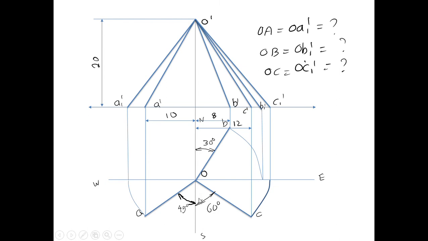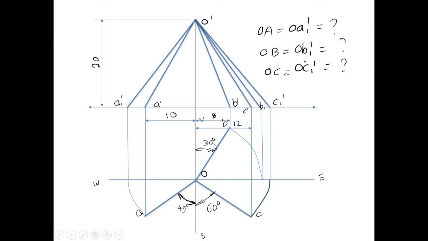Now you have to mark the location of the rope in top view. That is, the first rope is from south 45 degrees towards west. So from south 45 degrees towards west, you mark that line and draw that line and drop this A dash, like this you can get the point A.